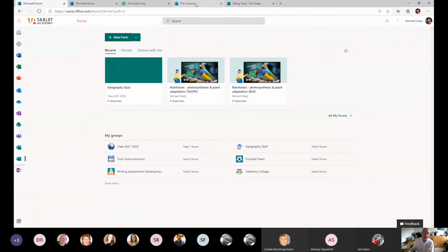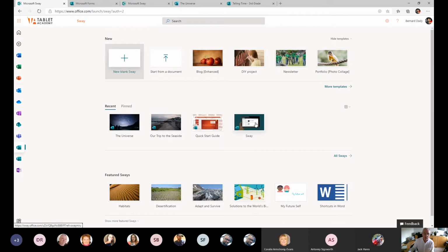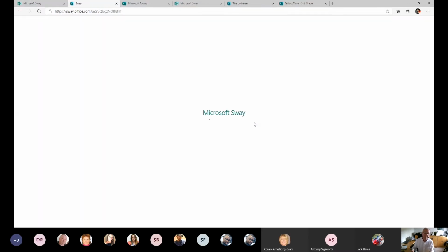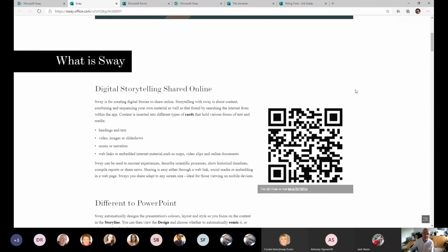So that's one example. If we take a look at, sorry, I've gone into Microsoft Forms by accident. If we take a look at this presentation, so this is one of our training presentations, and I'll just scroll through. So you can see in this presentation we've embedded a QR code, for example, to take people to